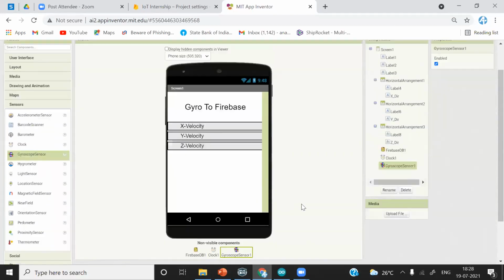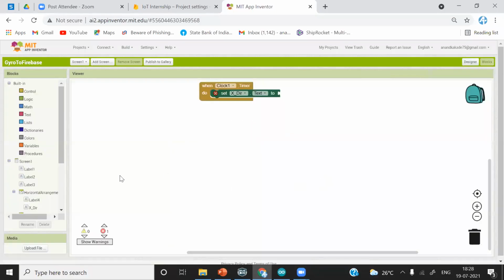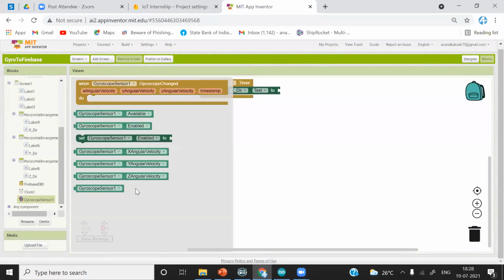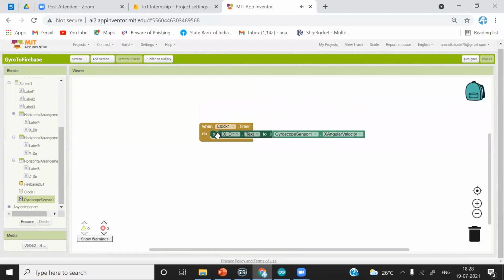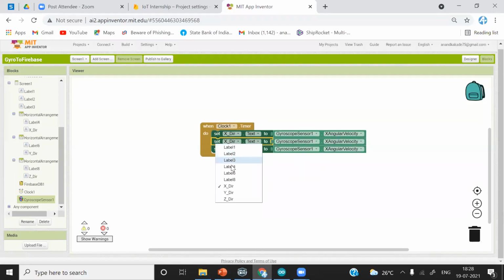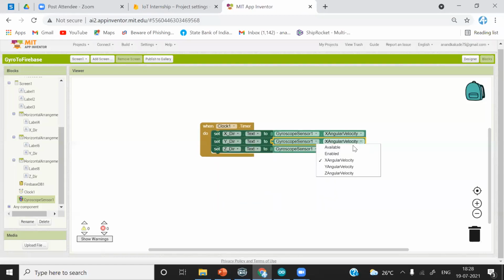We will take gyroscope and select this x angular velocity. I'll simply copy it, duplicate it, and change the labels as y direction and z direction respectively. I will change here also.